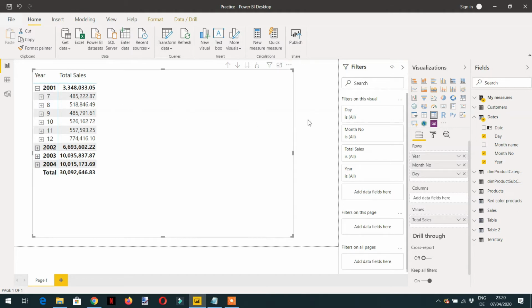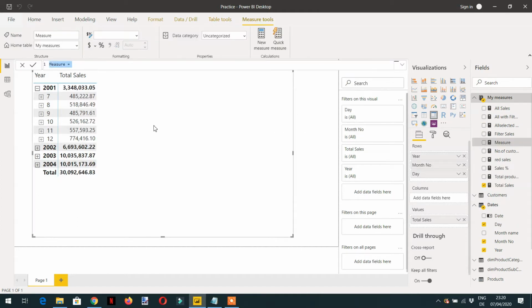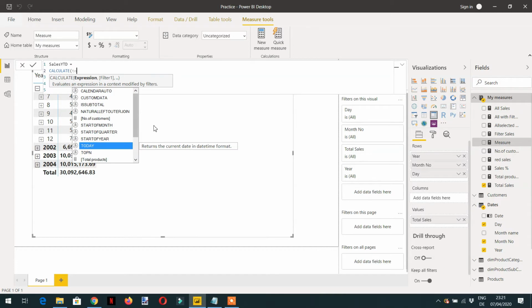So we need to create one measure, year to date. What we can do is write one measure, Sales YTD. And here we can write CALCULATE. The expression will be total sales